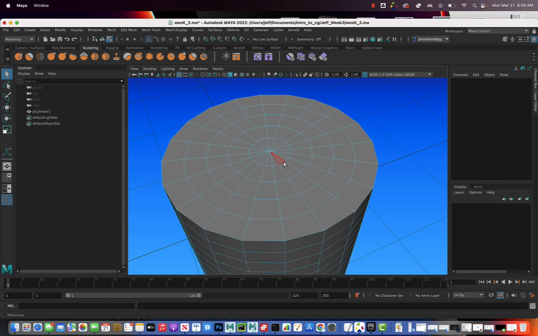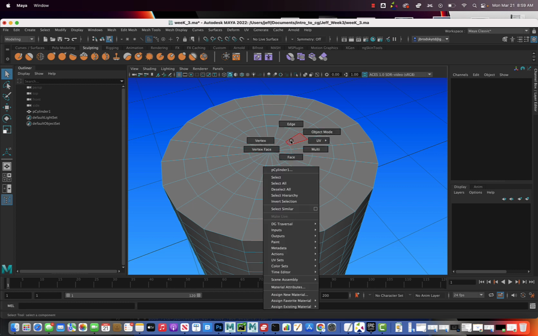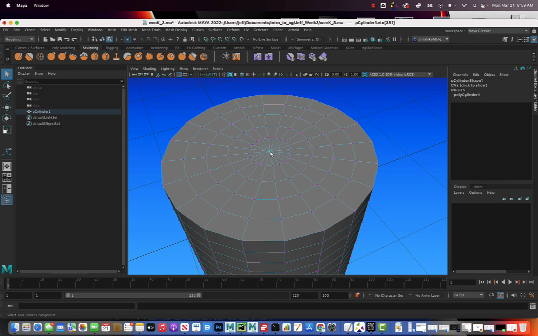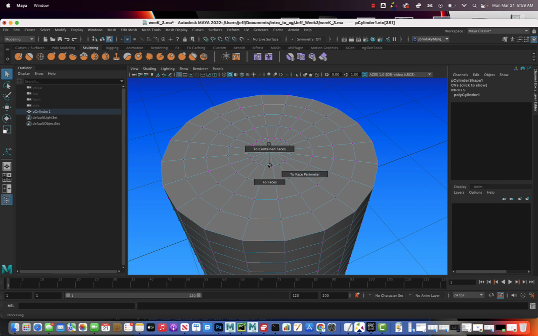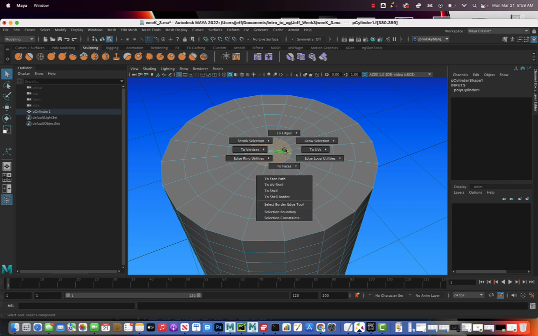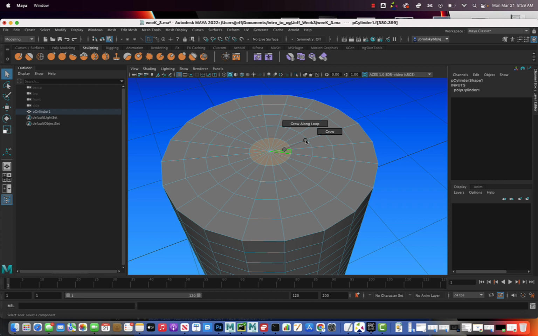You can go to vertices, so you can right click and go to Vertex, and select this middle vertex. You can then hold down Control, right click, and convert this selection to faces. At the bottom here you see two faces, and then again it's going to ask you to go to Faces. So then it converts that to faces, and then if you hold down Control, right click again, you can go to Grow Selection, and again it's going to ask you twice. I don't know why it does this. Grow it again, and then